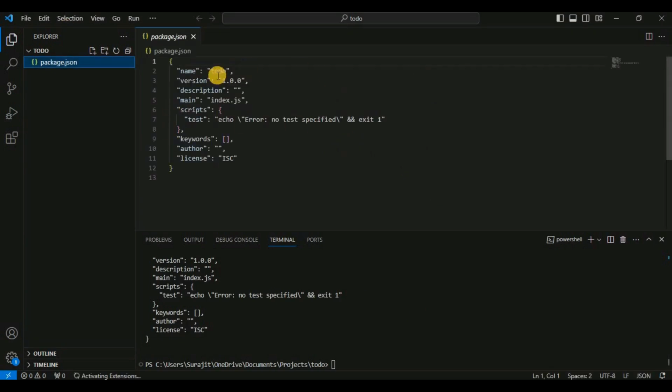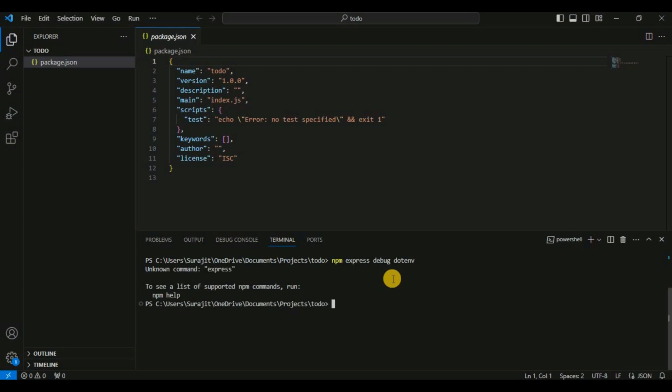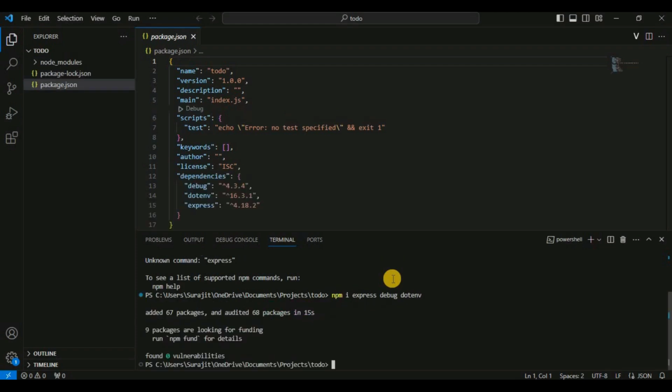So you can see here the package.json file is created, and here we have the main file is the index.js. I need a few more packages to start, so I will install those. First I need express, then I need debug, and next I need the dotenv package. So basically, Express is the popular web application framework for Node.js that simplifies the building